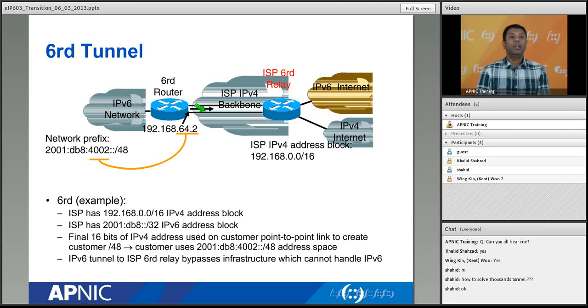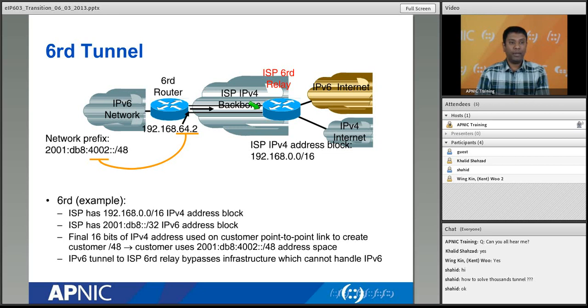What do you do? You create your site address, this individual site address or customer address, by adding their point-to-point link from your BRAS or from your DSLAM up to the customer. You use the IPv4 address. That IPv4 address, 16 bits of that address, you put inside the IPv6 address. When you put the 16 bits, not from the network part but from the host part, because in most cases the network part will be the same, but the host part will be different for different point-to-point links, right? So that host part will be incorporated inside.